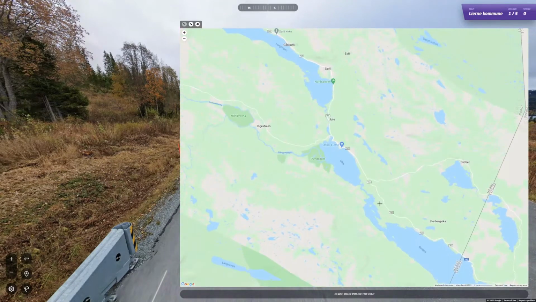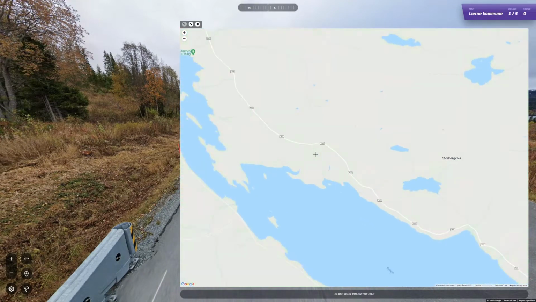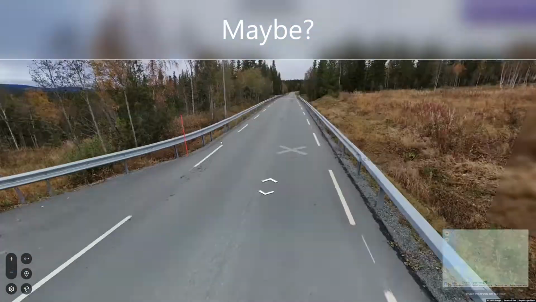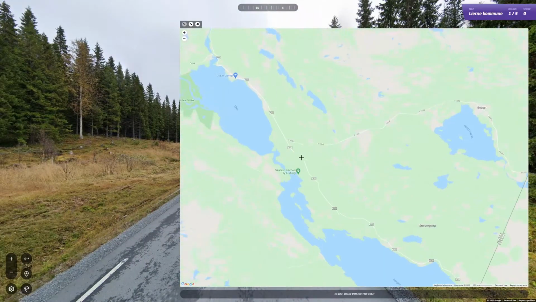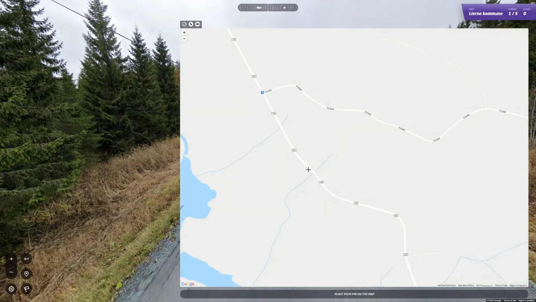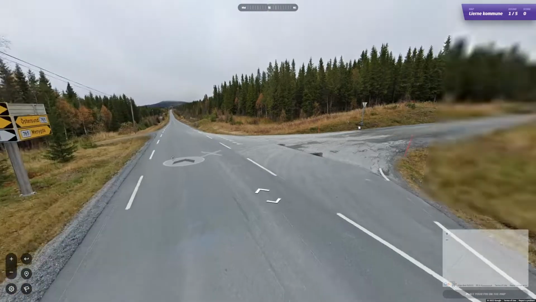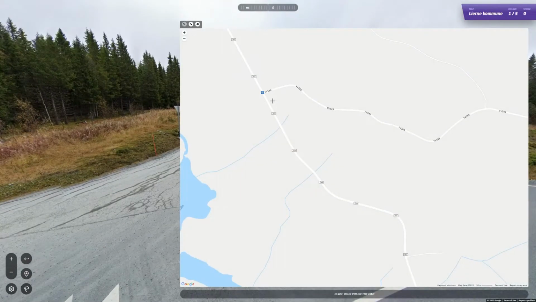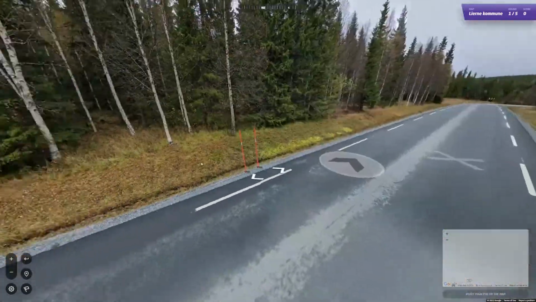So let's see. I have a feeling that we might be. Let's see. So we were on an east-west thing. So a feeling we could be along one of these lakes. I think this might be one of very few lucky breaks I will get this time around. So the road goes up like so, and then it turns, yes. So we were on this bit. And now,